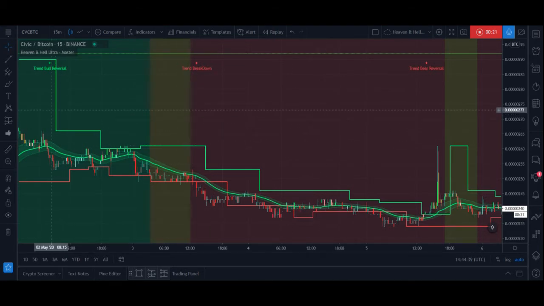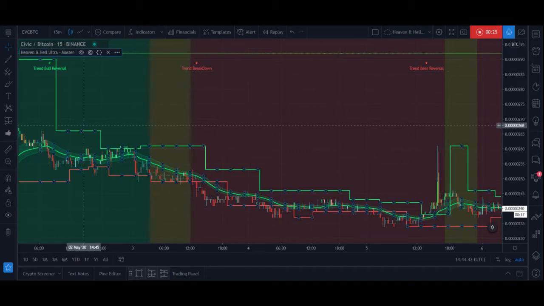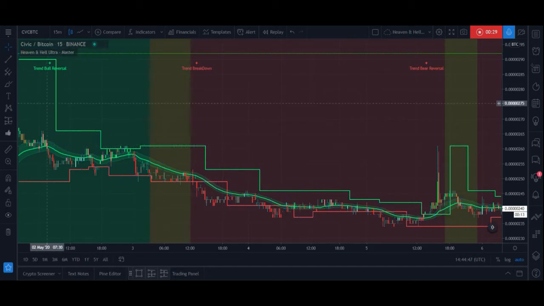So first up, the first trade from May on CVC is a bullish reversal, which we're seeing just here. Now, whilst it is trading with the trend, I think we are coming out of going into a bit of a downward trend as well. So if we were to take this trade, we would go in at this little point here. And